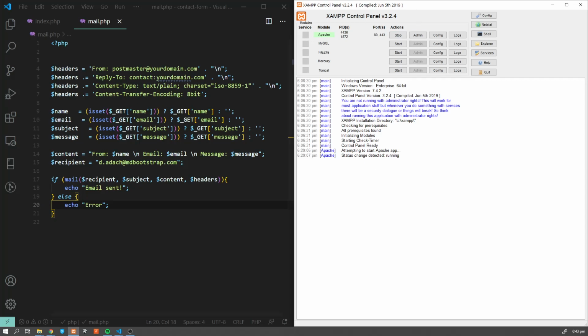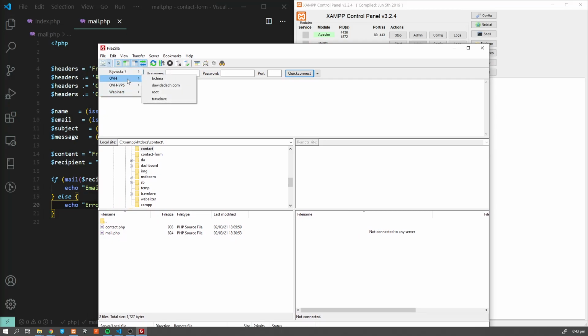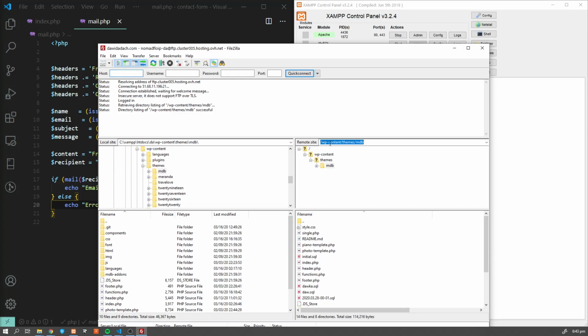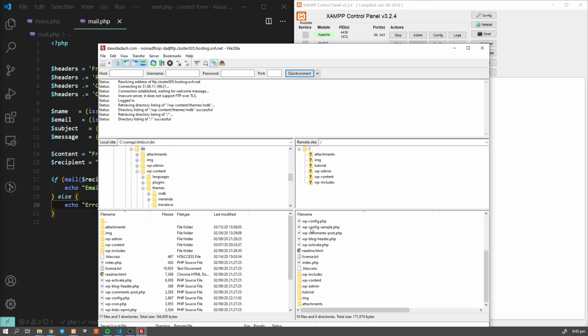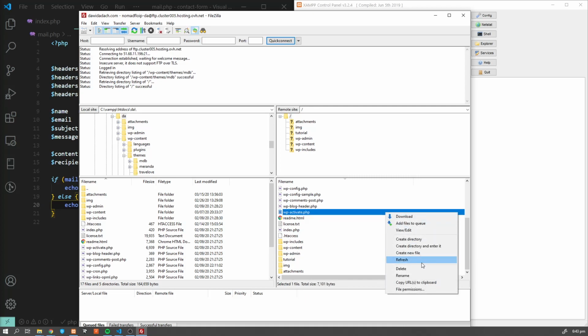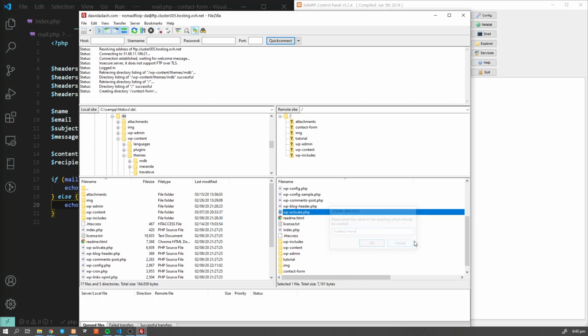What I'm gonna do instead, I will connect to FTP server, which I have on one of the server providers. So I'm gonna open FTP client here, and I'm gonna connect to my own domain, and I'm gonna create new folder here called contact form.